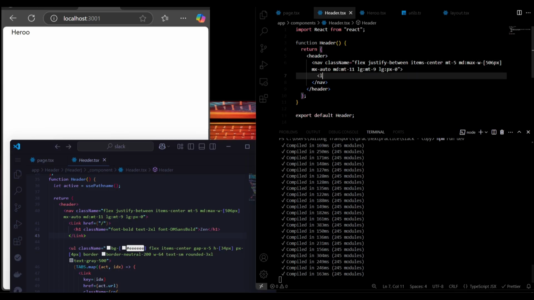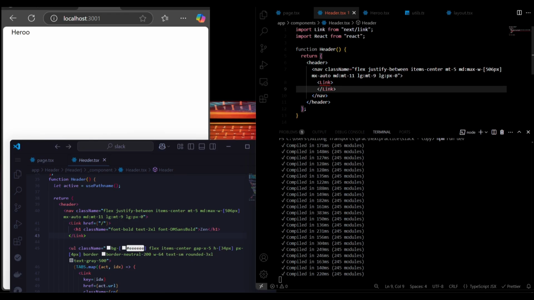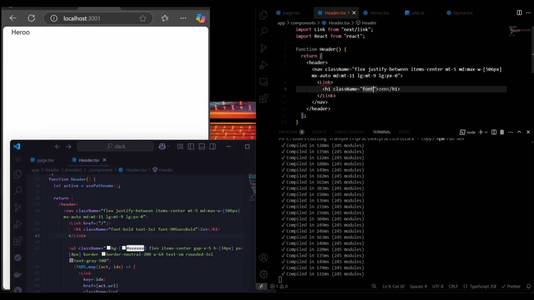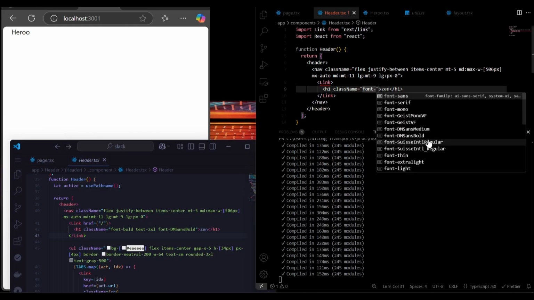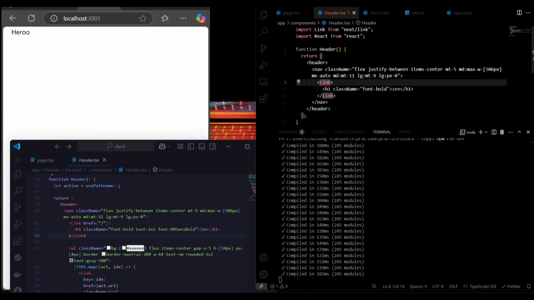And we have a link. This is from Next link. This one, Next link component. We have an H1 in it, and all they say is Zen Excel. We're given a class name. The font should be bold. I don't even know if we've got all of this. Okay, let's just say the font to be bold. Actually, I'm not sure if I'm going to be using any of this stuff right now. And also the href here should be back to the home page,